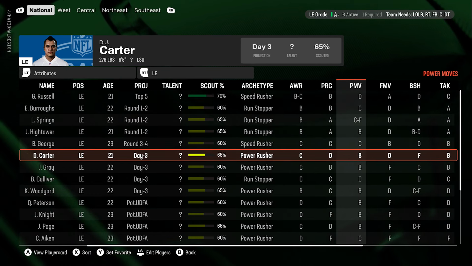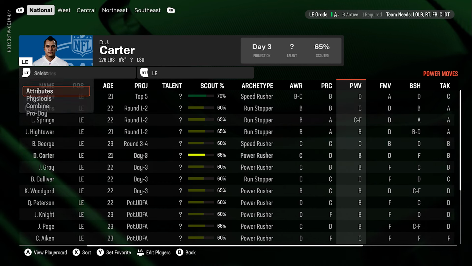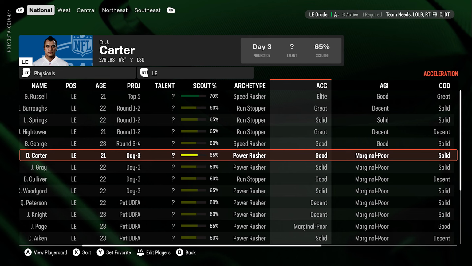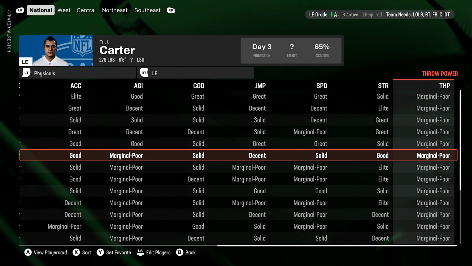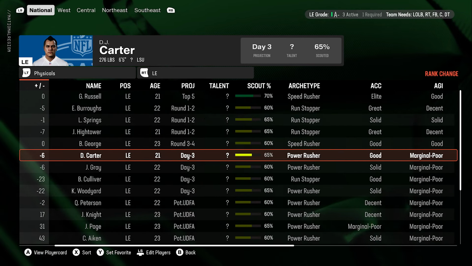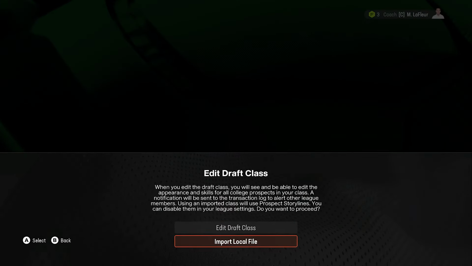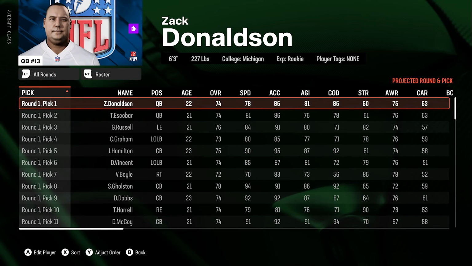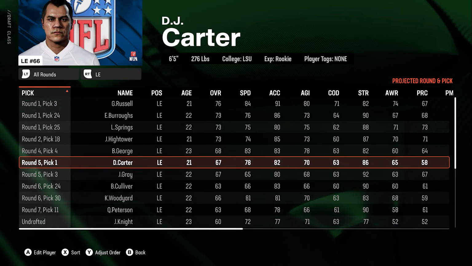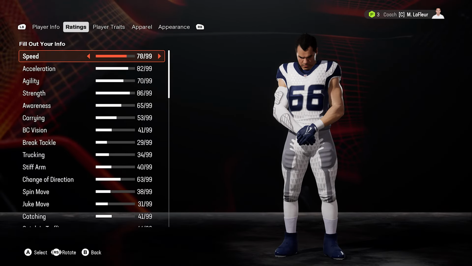And then we have Carter, potential, B power move. I don't like the block shed, obviously, but he has a B tackle. We look at the physicals, which we can see that he has, this is even what I'm looking for. Solid speed, acceleration's good. This is a guy maybe because he's day 3. Let's take a look. I wouldn't put much stock into him, though. One of my favorite things to say is bet on them. But yeah, I wouldn't have put much stock into any of these players,